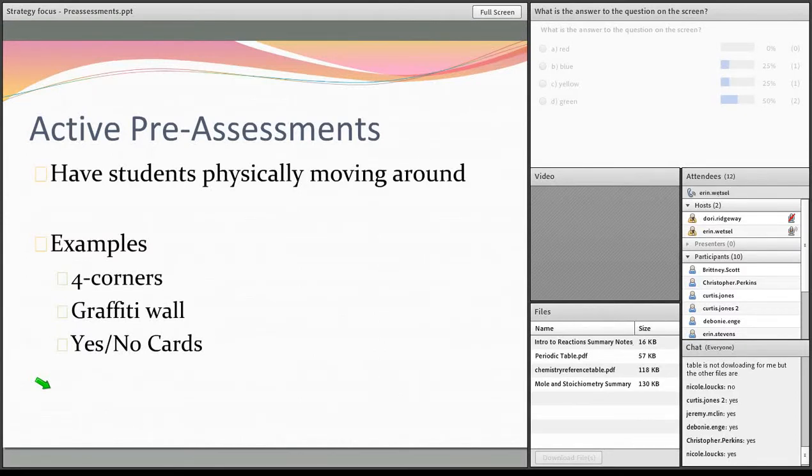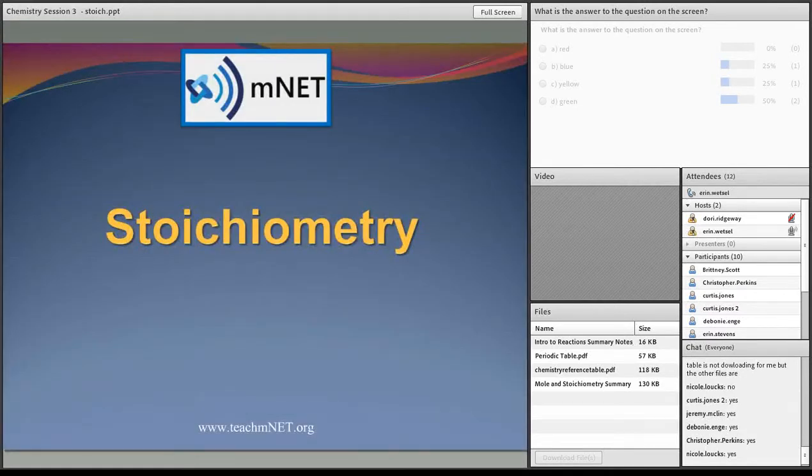What we're going to do now is get back into our science, and we're going to talk about stoichiometry. We've talked about reactions, we talked about mole conversions, and we're going to put those two things together and talk about what we call stoichiometry in chemistry. Now, stoichiometry is kind of a funky sounding word. It's just a way to relate amounts of different substances in a chemical reaction. So let's say we have our chemical reaction, we have reactants and products. We can relate